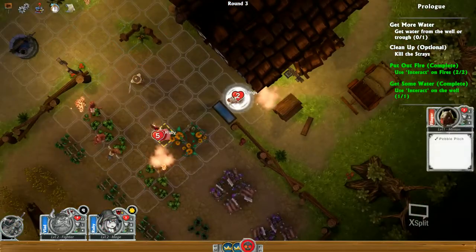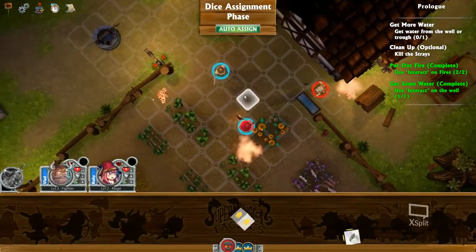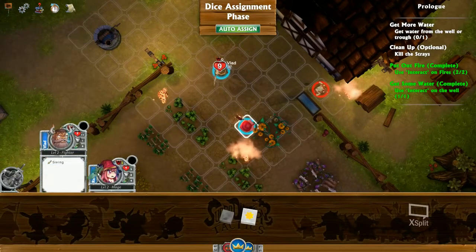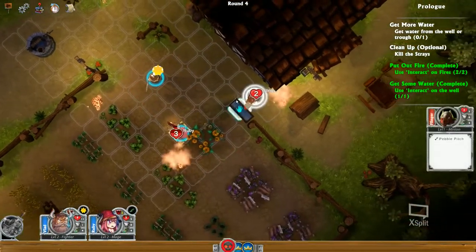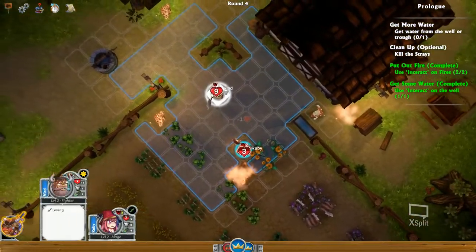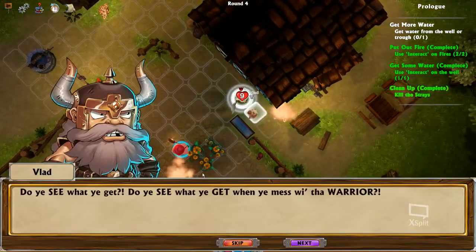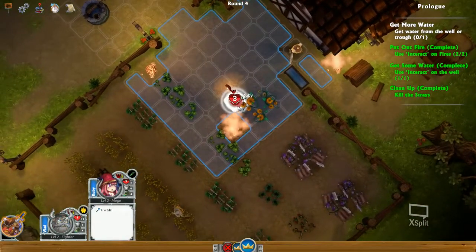And then he'll attack her, yep. So, move and attack. We'll give her the move. And we'll just attack him. Yep, he's in throw again. Run over here and kill this dude. Do you see what you get when you mess with the warrior? I'm not sure why that's in there, but...